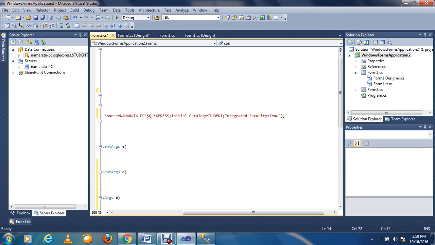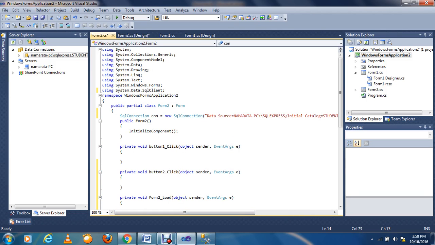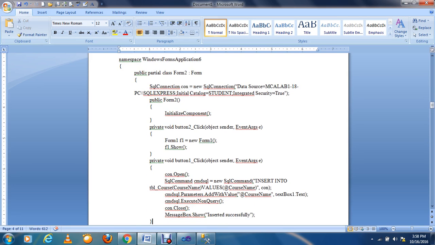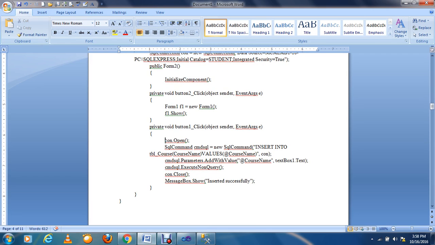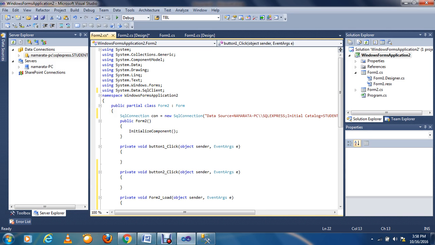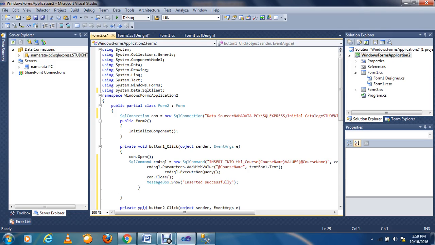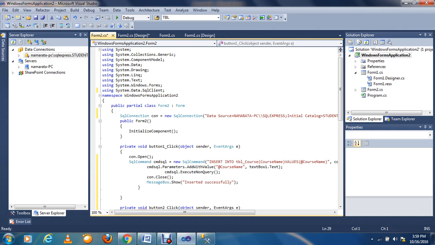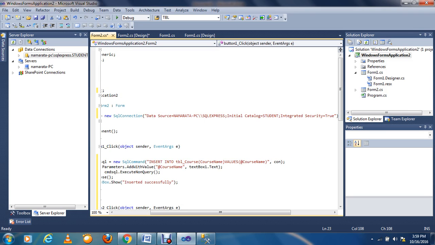Here it is showing error double. Just here one. Okay. Then for submit button I am adding, button 1 is submit for us. So just I am opening a connection for this SQL connection, new connection for this database. It is open. Then after this I am giving the query insert into table course, which I have given the table name. Okay, table course I have given course name, that is a column name. So course name,